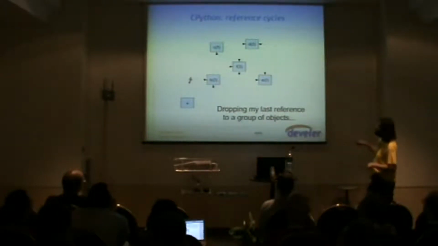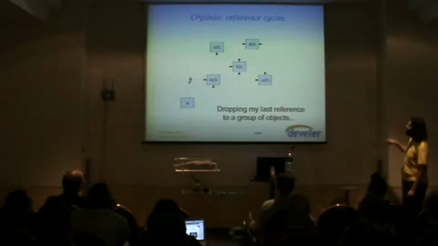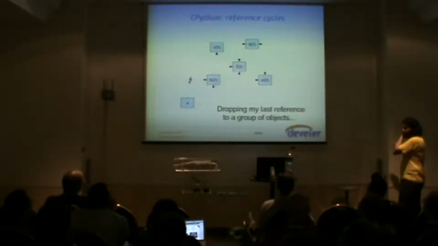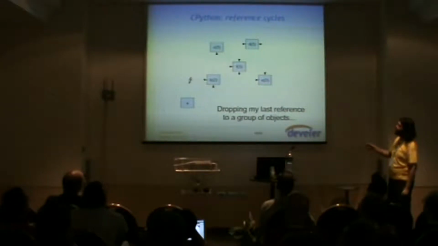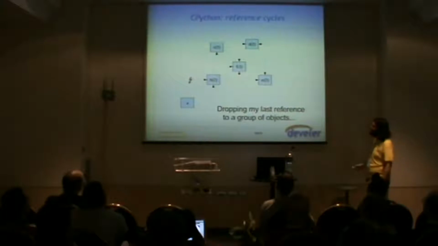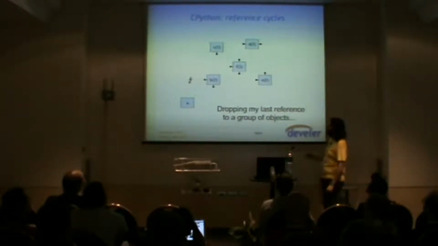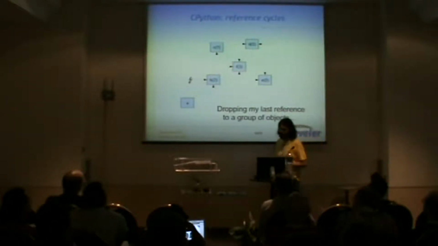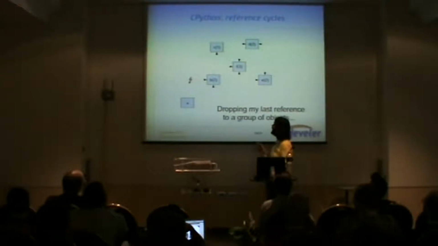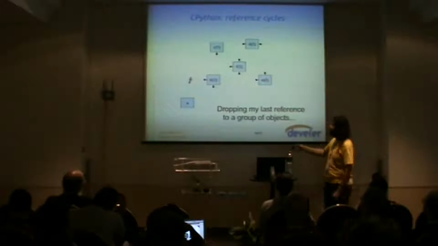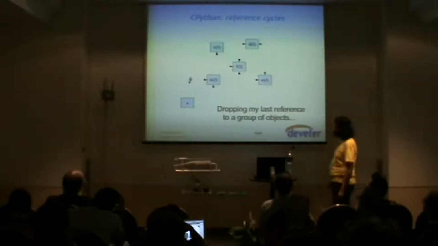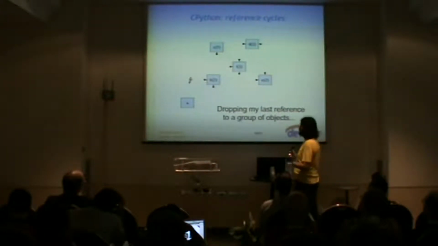Now, reference cycles. Can you see those thin lines here? Very thin, sorry. This is the problem with the reference cycles. Here there are some objects, there are these lines, so you can trust these numbers between parentheses if you don't see the lines. The idea is that you get this A object, and this A object has a reference to B, and then there is a complex web of references. You drop a reference from A to B, and this is supposed to work, right?